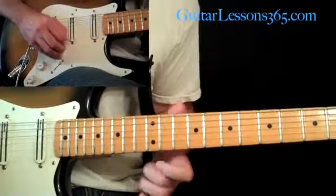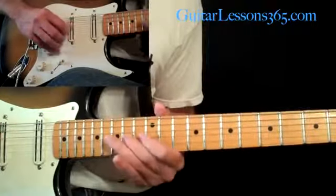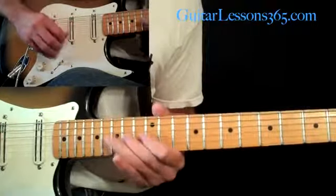Okay, that's the first 4 notes. Back to the 12 on the high E, back to the 14th fret on the G. So we keep coming back to this 14th fret on the G throughout the whole thing, and it's just a different note leading into it each time. So we start with the 12 on the high E, then the 15 on the B, back to the 12 on the high E,